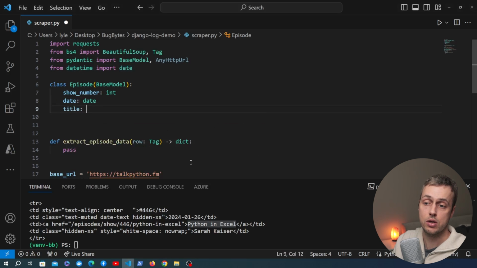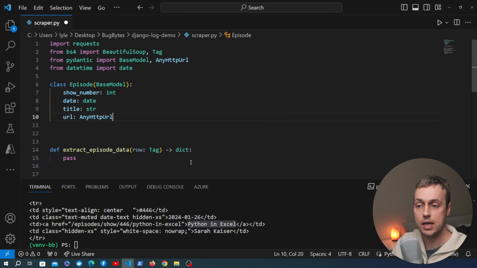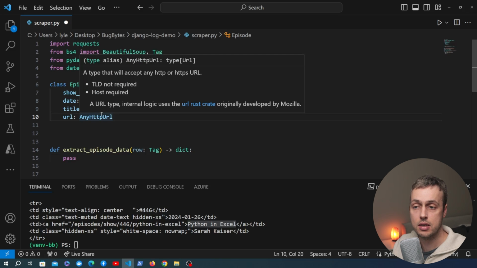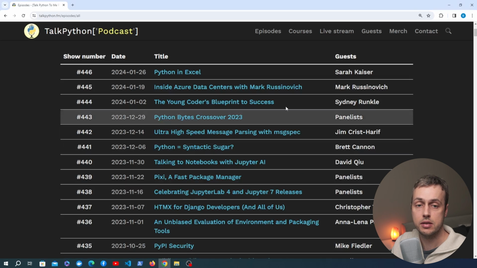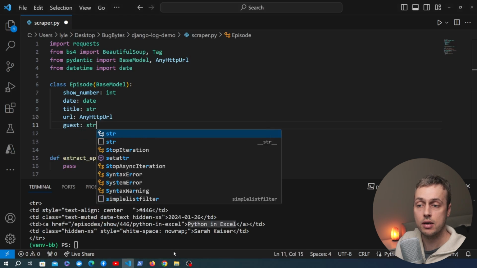The title will be of type string, and then we're going to have the URL for this episode, and that's where we're going to use this AnyHttpUrl type. And as VS Code says here, this is a type that will accept any HTTP or HTTPS URL. And there's one final field in the table, and that's the guest, and that's going to be a string again. So let's go back to VS Code, and I'm going to add the field guest here,